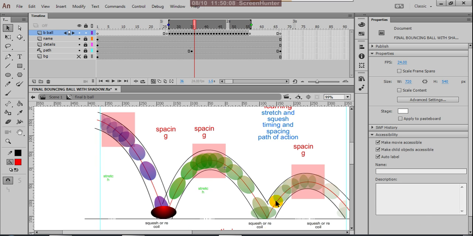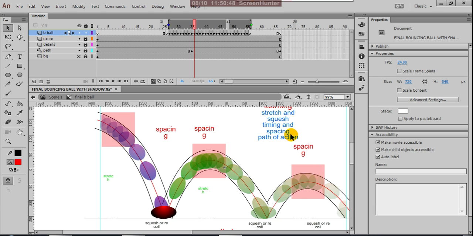So this is your entire bouncing ball action. Between each frame, somewhere very little space you have maintained, somewhere average space, somewhere more space, according to your path and principle. The space you maintain between drawings or frames is called spacing. So between each ball, each frame, we must give some space; that is called spacing. And what is timing?